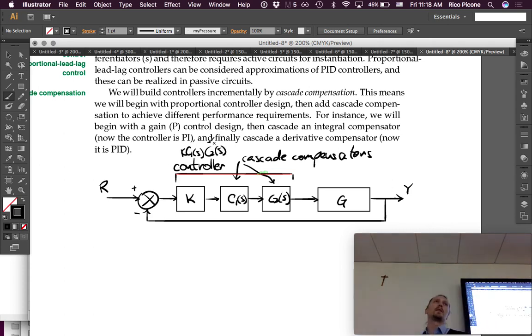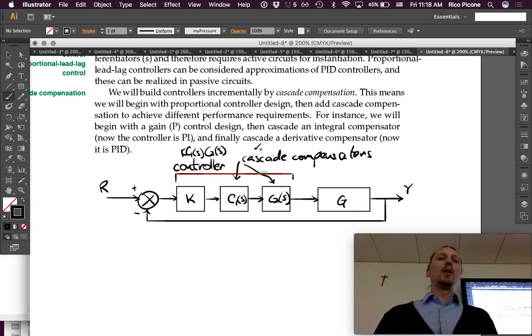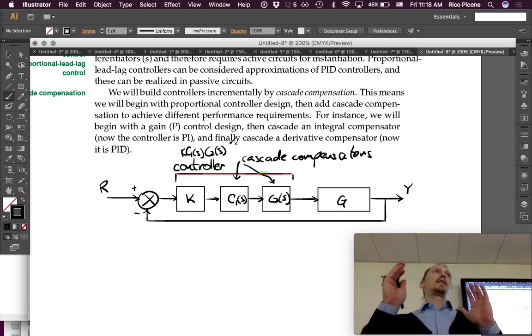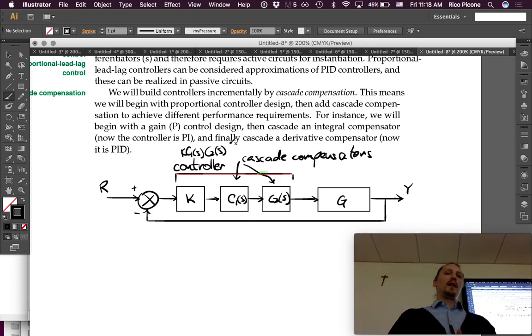So that's the difference. Sometimes people talk in terms of compensation. Sometimes people talk in terms of controllers. And what they mean is the controller is the whole thing together. Compensator is thinking about incrementally building up these cascade compensators. And that's the approach we're gonna